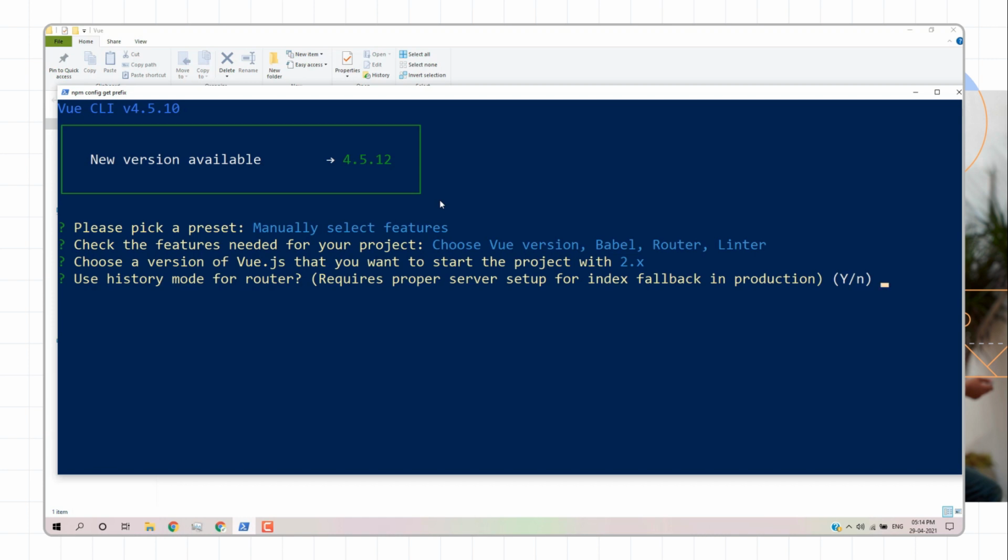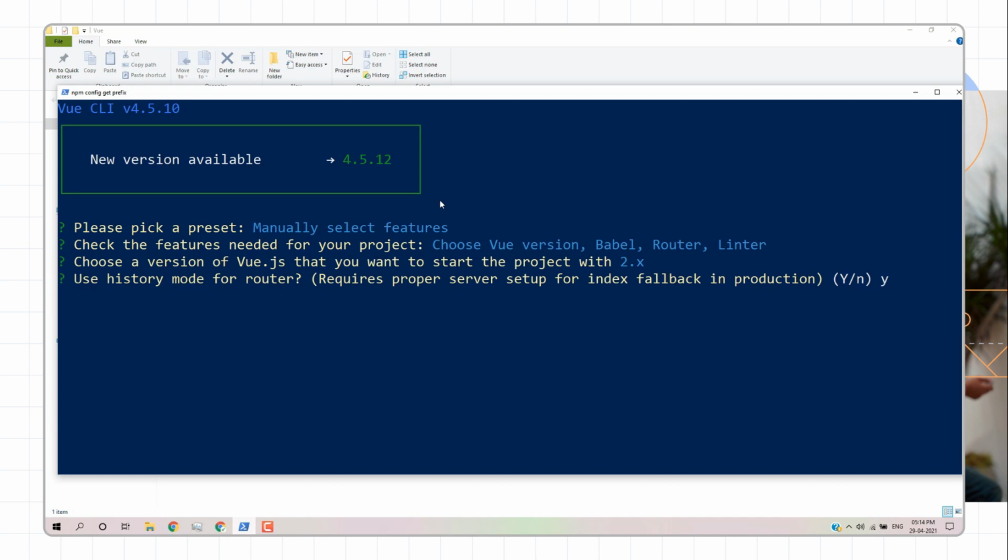If I enable history mode, the path will be slash about, slash contact, slash something. If I disable history mode, the routing path will be slash hashtag about, with a hash symbol. If you enable history mode, there will be a normal routing path.